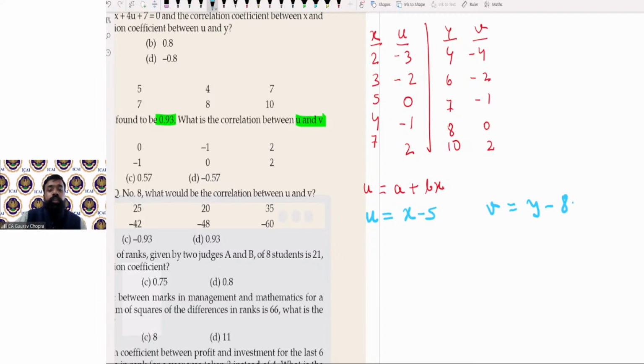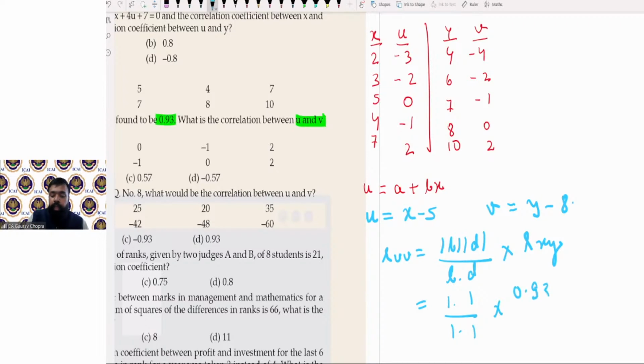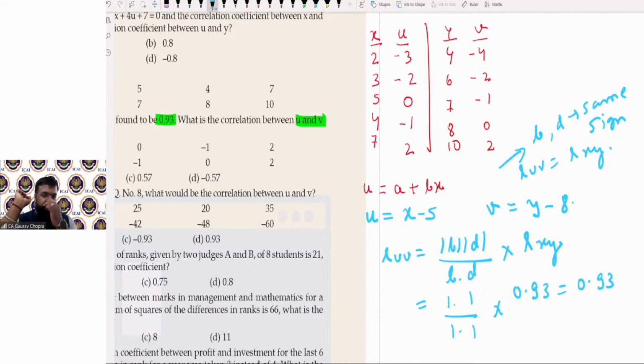So from here you can extract the value of b and d। So formula क्या था? r u v is equal to mod b into mod d divided by b into d multiplied by r x y। Now b का वैल्यू यहाँ से क्या आ रहा है? 1, d value is also 1 multiplied by correlation 0.93। Therefore the final answer is the same, 0.93। हमने ये भी discuss किया था, if b and d both are having the same sign, अगर दोनों का साइन सेम है, then r u v is exactly the same as r x y। दोनों की वैल्यू सेम रहेगी with the same sign। Okay,